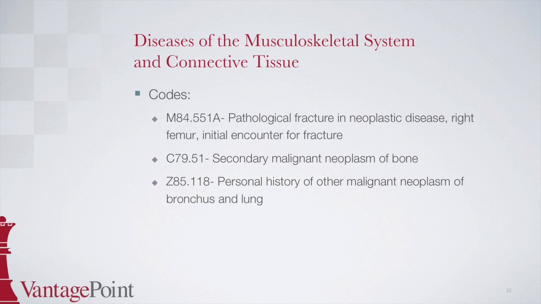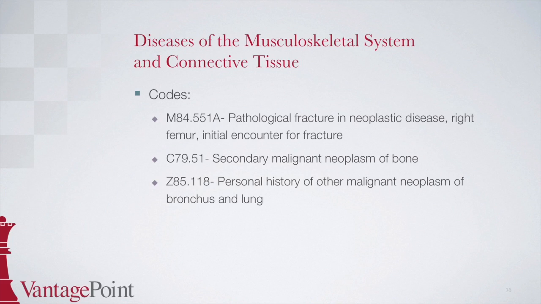The next code is C79.51, secondary malignant neoplasm of bone. To find this code, you need to go to the neoplasm table, which for the Optum 2015 ICD-10-CM Expert for Physicians starts on page 321. You would then locate bone, and since the documentation states metastasized bone cancer, the bone cancer is considered a secondary malignancy, and the code in this column should be used, which is C79.51, which you would then confirm in the tabular. The final code is